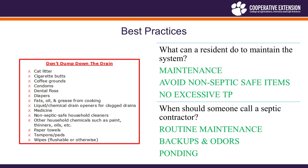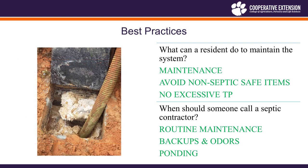Do not flush the baby wipes. They say flushable on them. They're not dissolvable. We see a big problem with baby wipes that can clog septic tanks up, clog drain fields up. The third thing would be